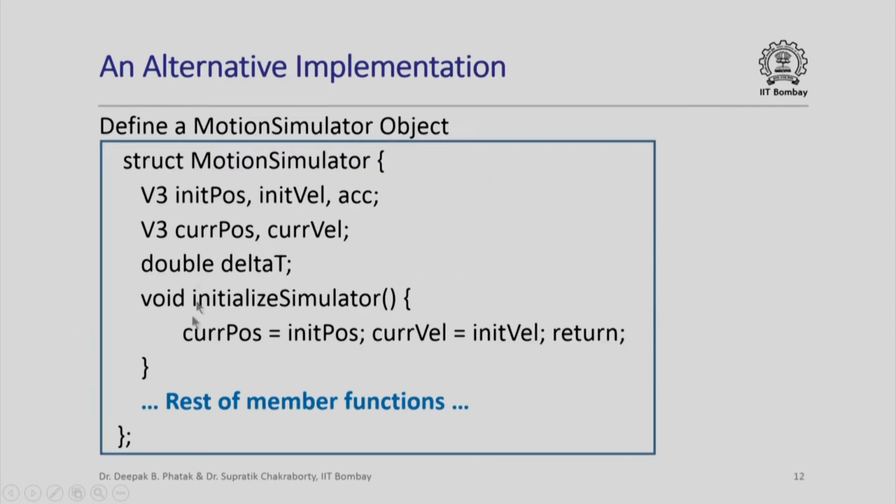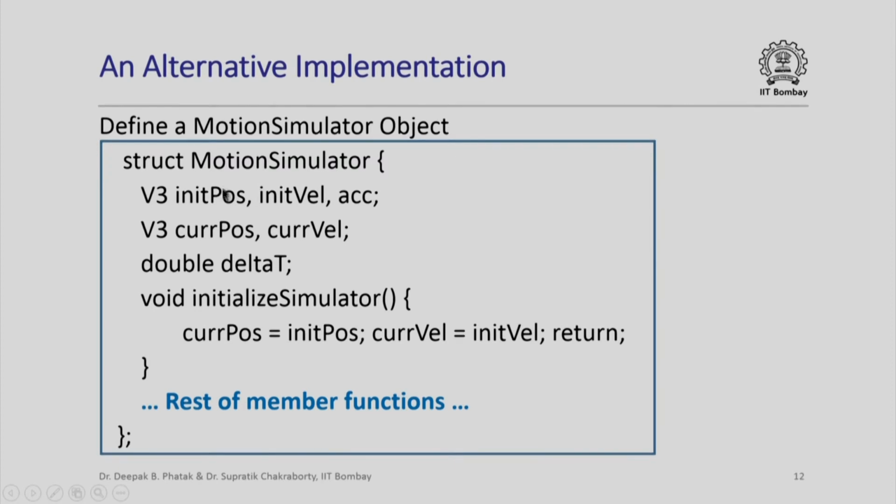Now here is an alternative implementation that one could do for the same problem of designing a motion simulator. So in this alternative implementation we actually define a motion simulator object. So we say struct motion simulator. In that we define three variables, three members, init pos, init velocity and acceleration, all of type V3. Current pos and current velocity are also of type V3. Delta t, which is the granularity of simulation, is of type double. So these are all members of the structure motion simulator,